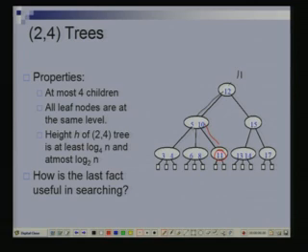How many keys could there be in a node? A node, we said, has how many children? 4. If it has 4 children, how many keys would it have? 3. The maximum number of keys therefore is 3. If it has 2 children, how many keys do I require? 1, right. So, a node has either 1, 2 or 3 keys.